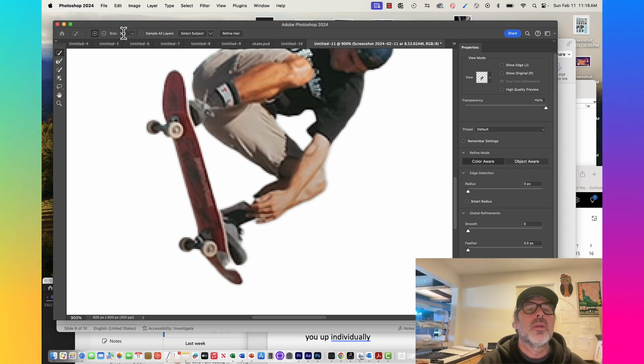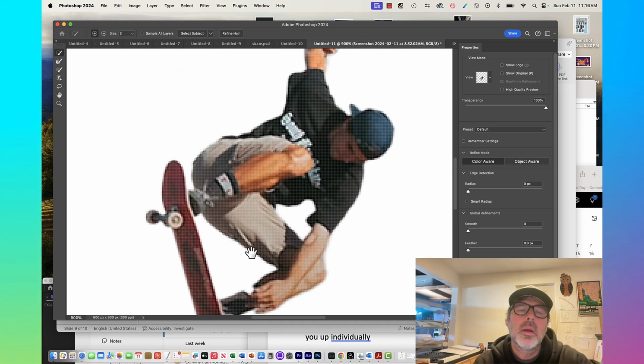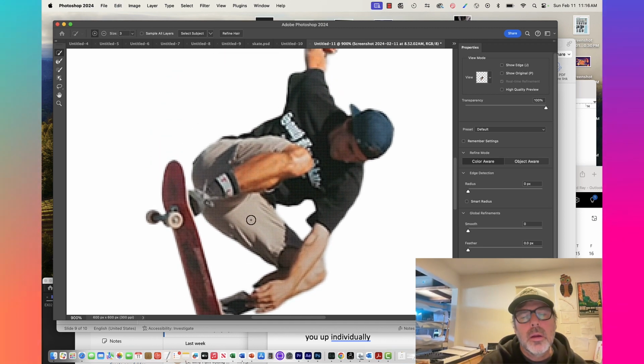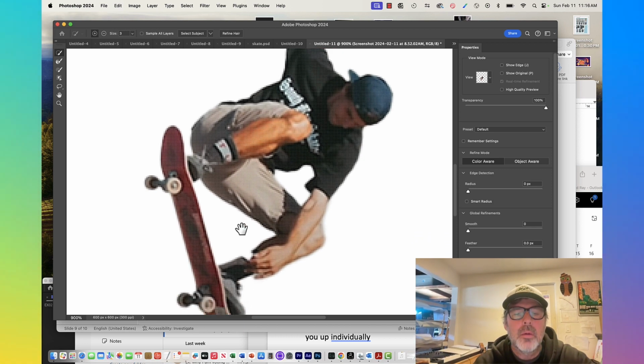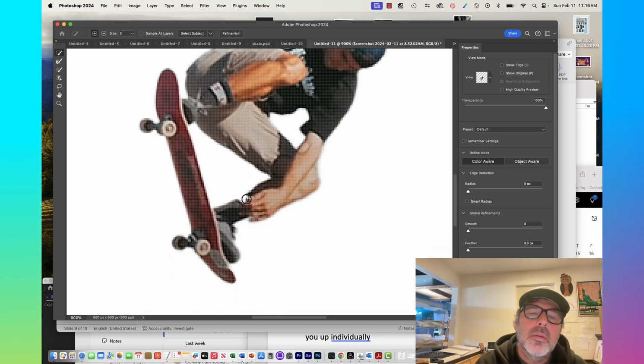I brought the brush size down to 3, and if you just click on it, then it's added that part of the skateboard. And let's go over here. Oh no, sorry, right here. And you fix this right here. I'm clicking on it, and that should be enough. Now, if you went like this,